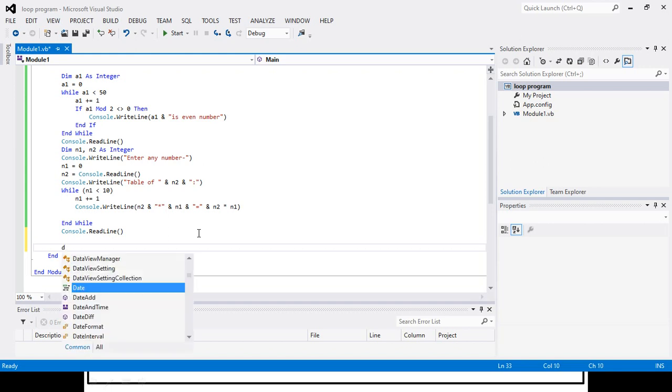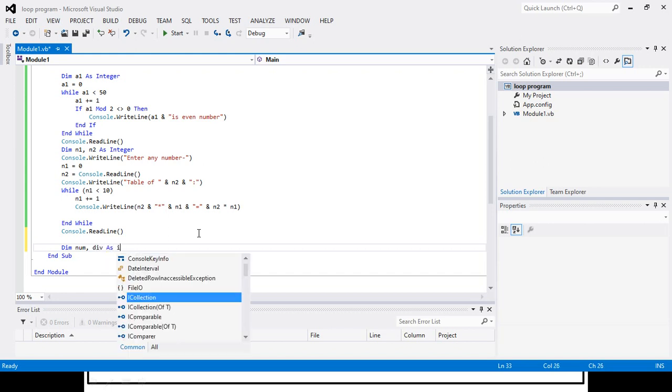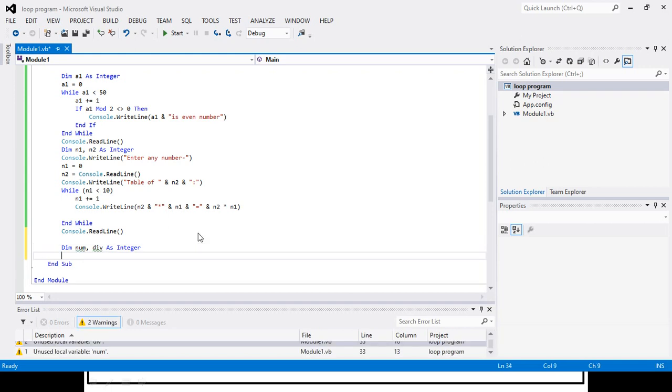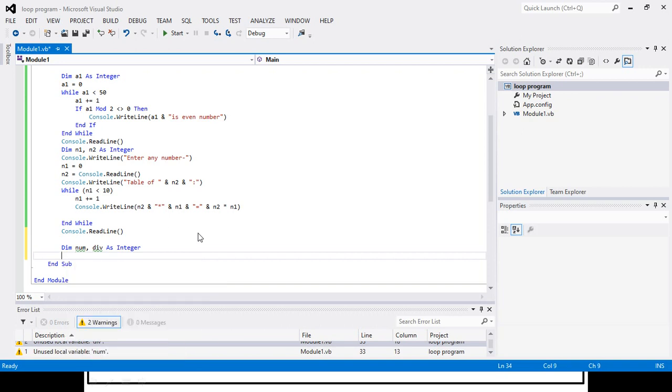For that I will declare some variables, like Dim num, comma, div as Integer, and one long variable, Dim i as Long.